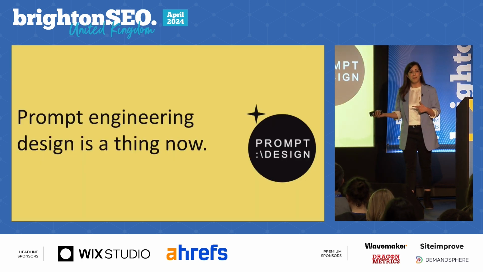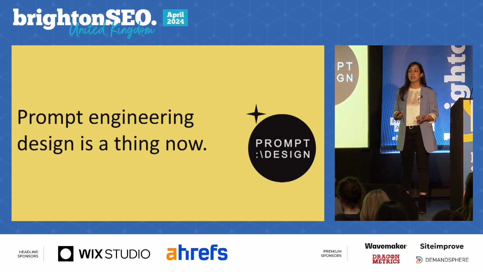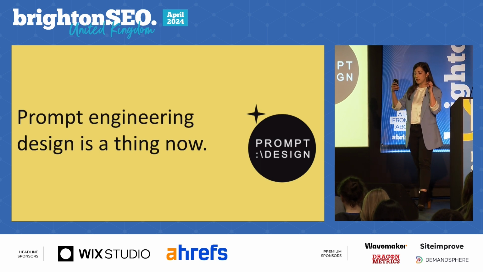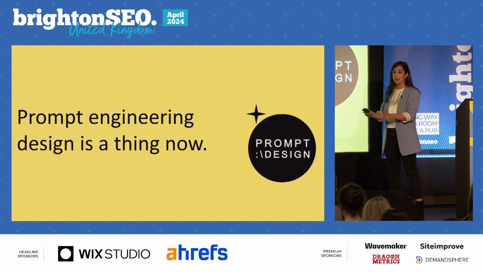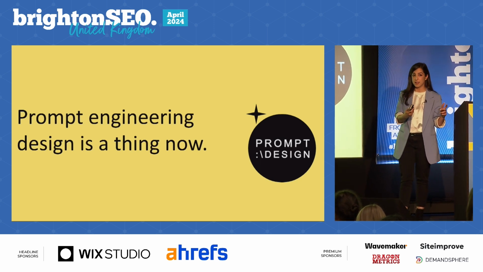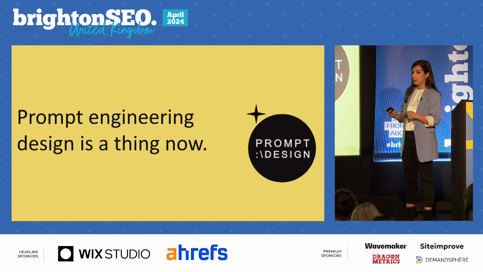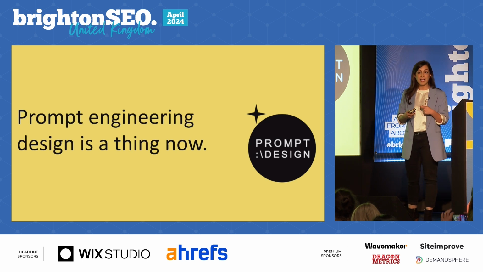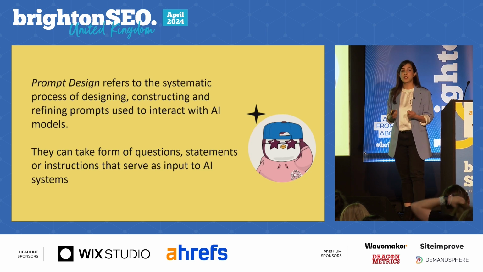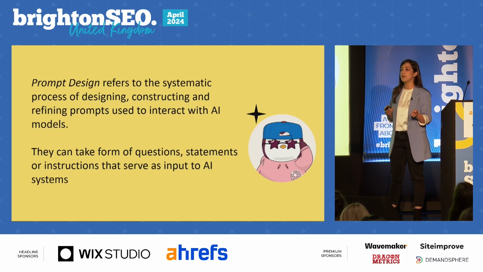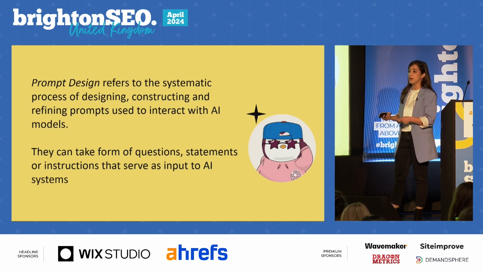While this was a GIF, but given that it's not working, I'm still going to talk about how prompt engineering and prompt design are both a thing now, right? Traditionally, the focus on AI was how significant the models are going to look like, the sophisticated algorithms that go behind it. But recent advancements have told us that it's also in the input that lies the key, because how effectively you're able to talk to your model is very, very important for the output that you want to get to. So what is prompt designing? It's precisely just creating a very contextually relevant set of queries or instructions that talk to your model, that guides your model to complete that task for you.